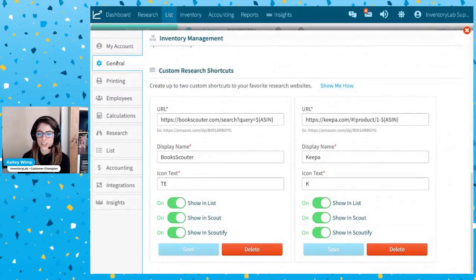I'm going to head back to the General tab here, and at the very bottom, you'll see Custom Research Shortcuts. What you can do is actually add 2 custom shortcuts to whatever your favorite research websites are, and you can add the URLs here directly, change the display name, and have a little icon text. So for example, maybe I'll put this icon text as K, save it,